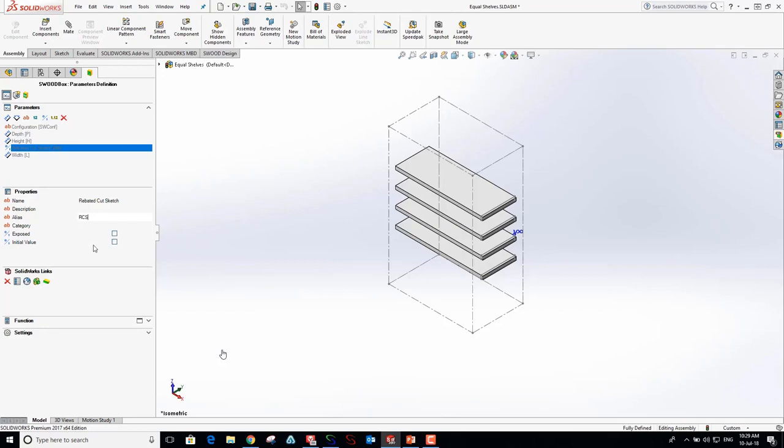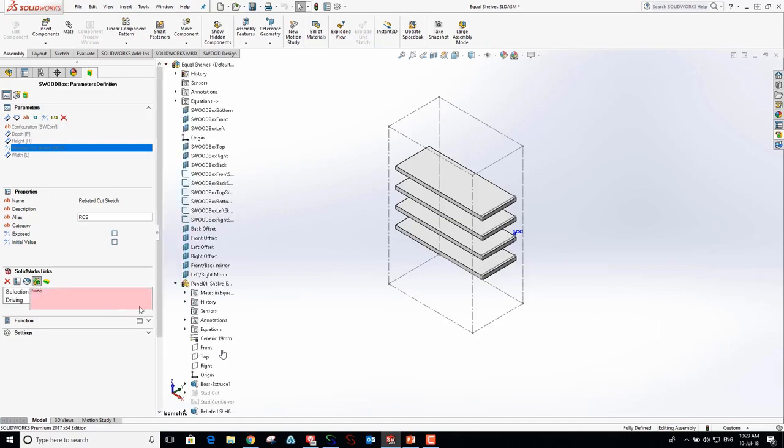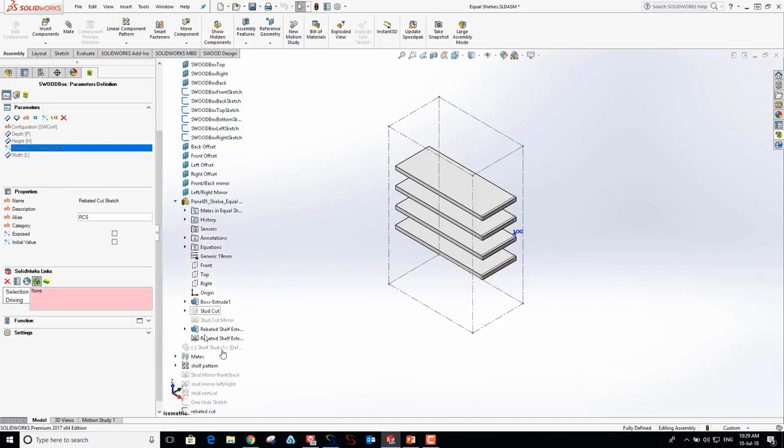So we've just given it a name, we've given it an alias, and now what's left to do is link it to a property. What this will allow us to do is specify the property which the code will ultimately control the suppression of, depending on our parameters that we define inside the SWOODBox environment. So we're just going to link that to the rebated cut,